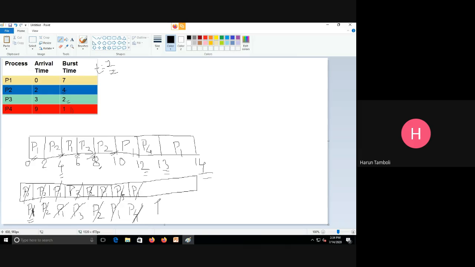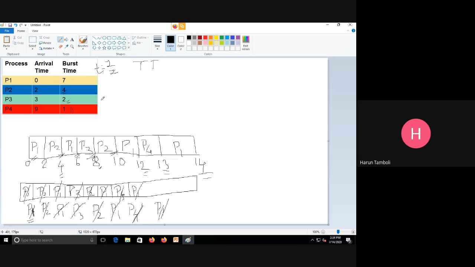So P1 will get the processor, and for 13 to 14, P1 will be executed. And after complete execution, P1 also exits from the ready queue. So likewise, the execution in the round robin algorithm is taking place. Now let's go for the